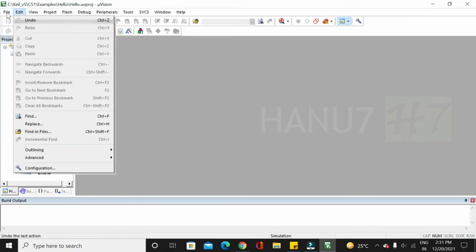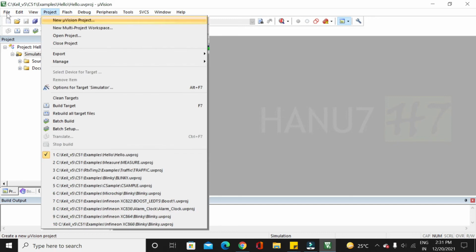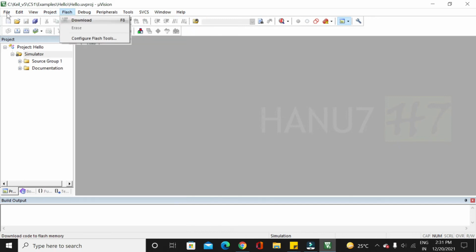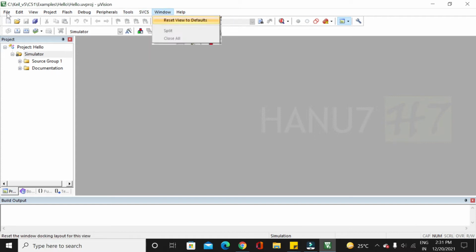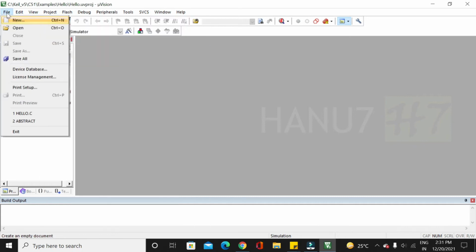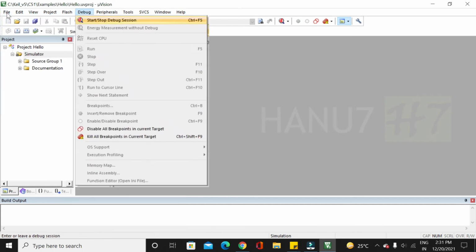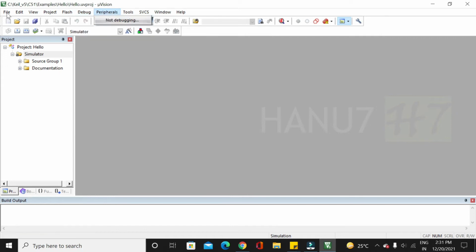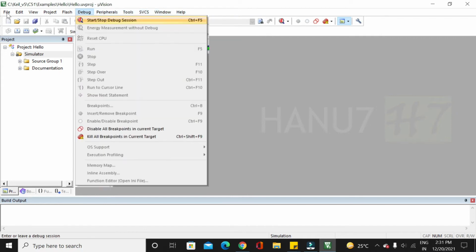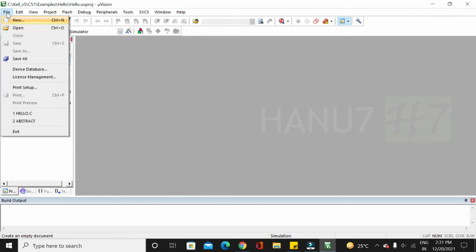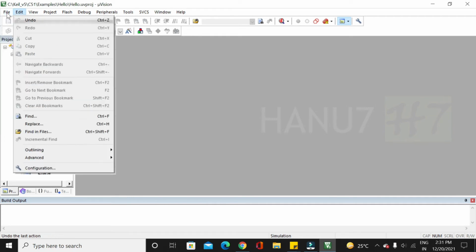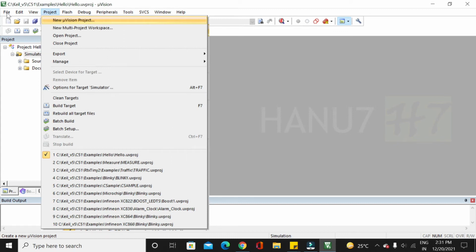We have the File menu, Edit menu, View menu, Project menu, Flash menu, Debug menu, Peripherals menu, Tools menu, SVCS, Window, and so on, and Help. You can observe while scrolling that some of the options are highlighted and some are not. That also you will come to know in the coming videos. Whenever your project is at a certain stage, those options will be enabled.